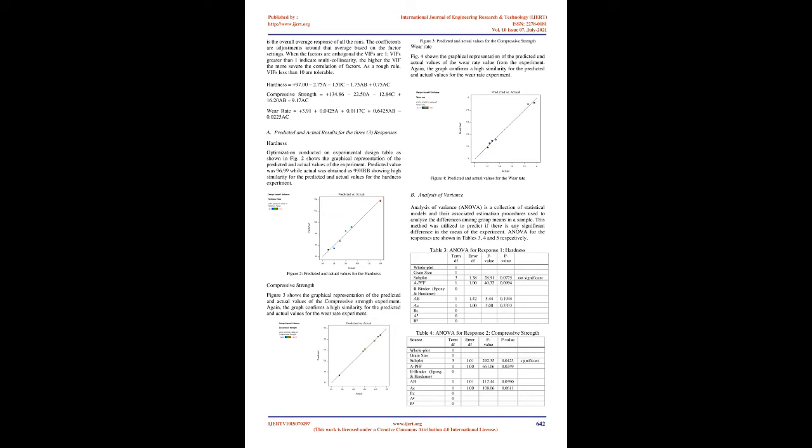In this dynamic test method, the ratio of rebound velocity to impact velocity of a moving impact body is used to determine the hardness. Compressive strength. This was done using a universal testing machine in accordance with ASTM D3410. The sample was locked securely in the grips of the upper and lower crossbeams of the testing machine. A small load was initially applied to seat the sample in the grips and then the load was increased until failure occurred. Wear rate. Wear measurement was carried out to determine the amount of material removed, or worn away,